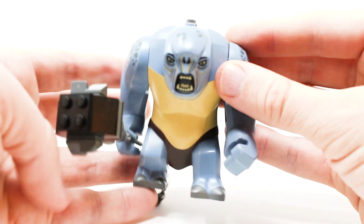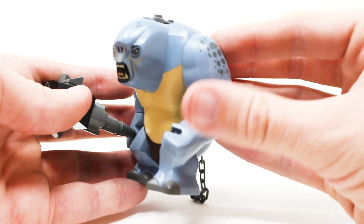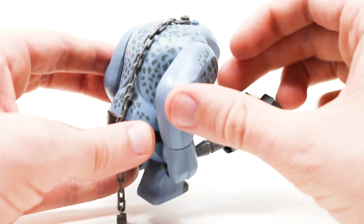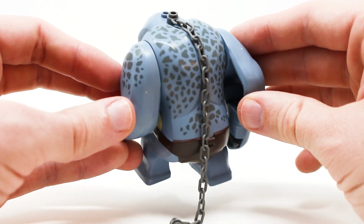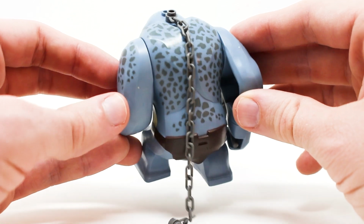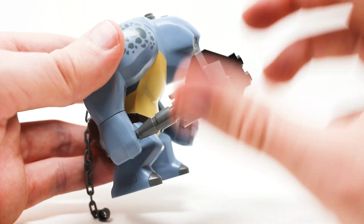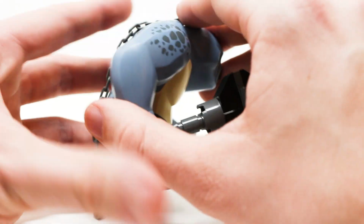The sculpting, the paint job, the prints, everything about this cave troll is just special in my opinion. Look at the detail. It goes all the way around to the back. That is magnificent looking. The chain is a nice touch. He also has a brick built club here, which looks pretty cool, but that also is my one issue with